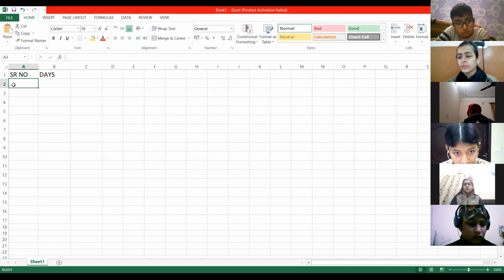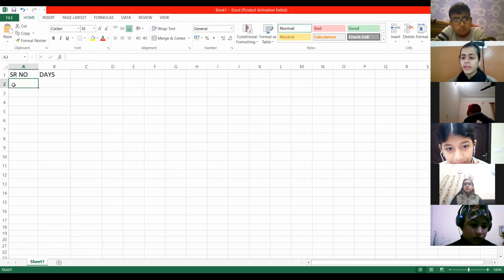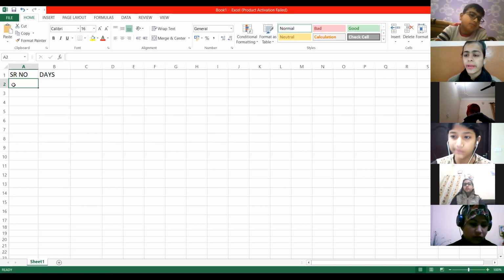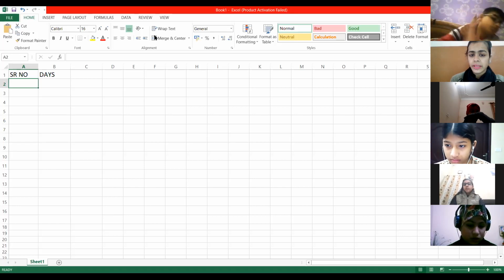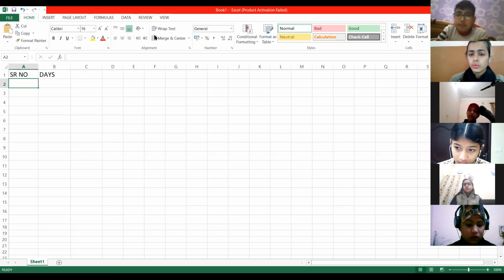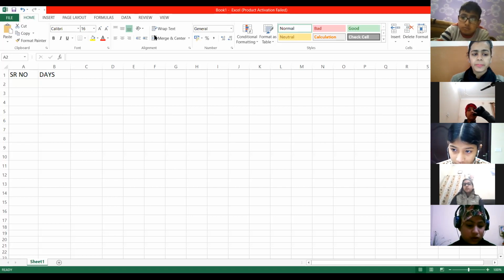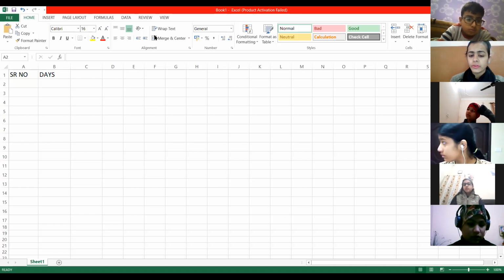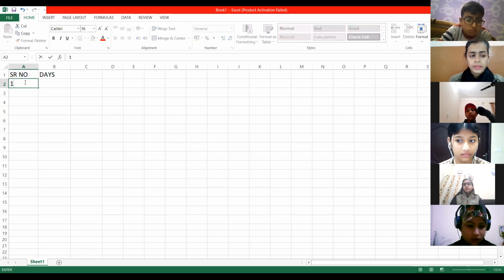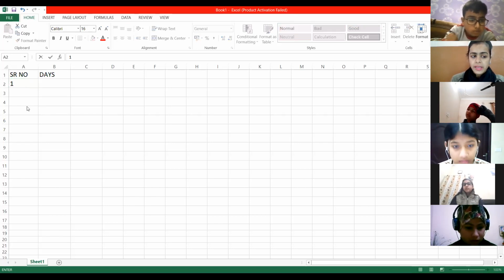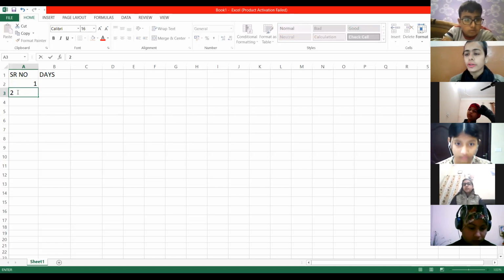One more thing that you have to keep in mind when you are entering numbers. जब आप numbers को enter कर रहे हैं बेटा जी, तो आपने एक चीज का ध्यान रखना है, that two consecutive numbers are to be entered. Consecutive, all of you know the meaning of consecutive, one after another, right? So here, if I am entering 1, then I need to enter two consecutive numbers. Here I will be entering 2 in order to form the series.